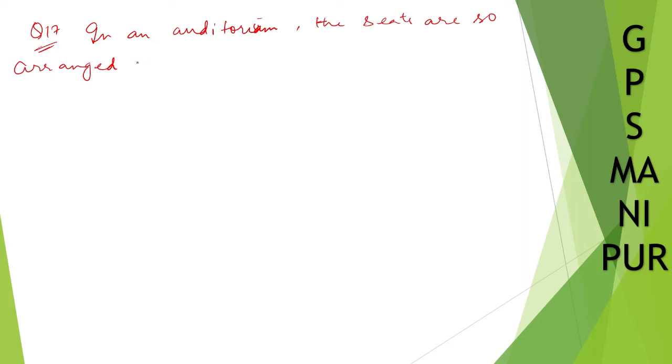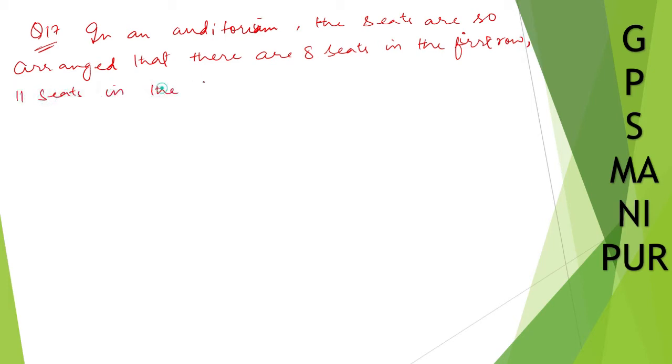that there are 8 seats in the first row, 11 seats in the second, 14 seats in the third. Yes, if you think writing is not important, you can jump the video a little bit forward